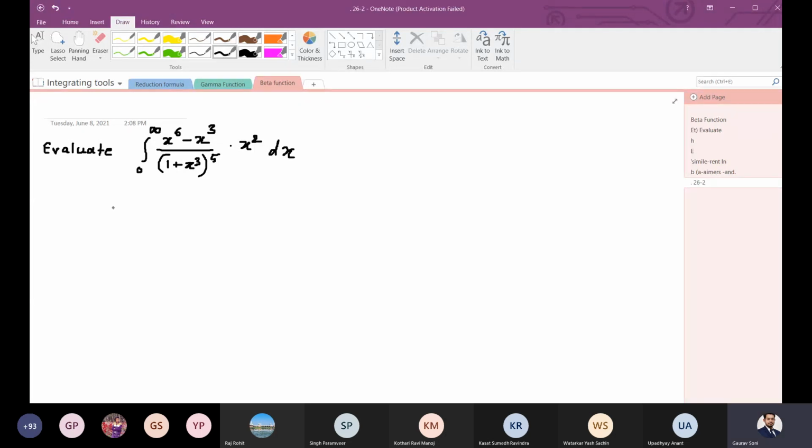So first of all, let's just multiply by this x squared. First of all, this formula looks similar to our beta function, which is integration 0 to infinity x raised to m minus 1 upon 1 plus x raised to m plus n dx. This we saw is actually beta of m comma n. So in order to align this example with that, the substitution we need to make here is